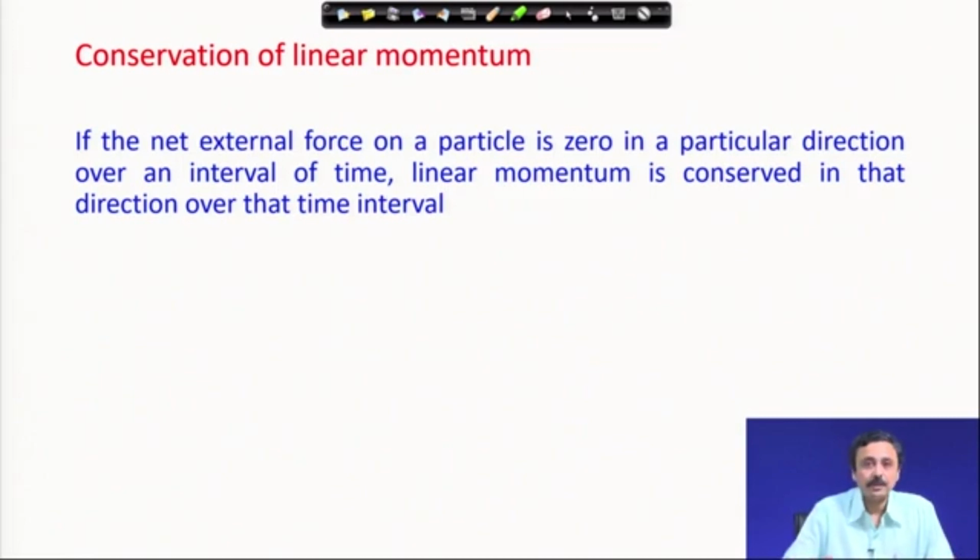Now, it can always happen that you choose a very specific time interval over which the area under the force time curve is 0, but that does not mean that momentum has been conserved, because it has to be arbitrary. I can arbitrarily choose my starting time and ending time, and if under arbitrary time ranges this does not change, then